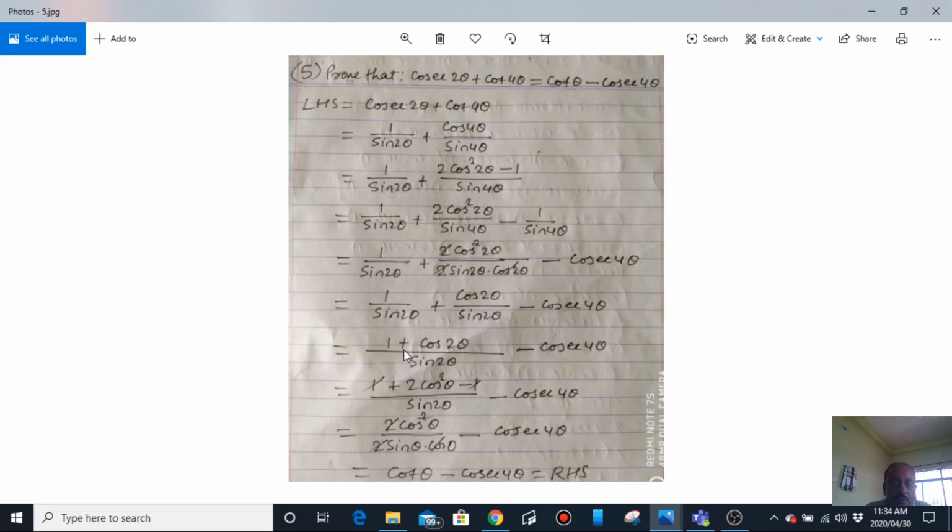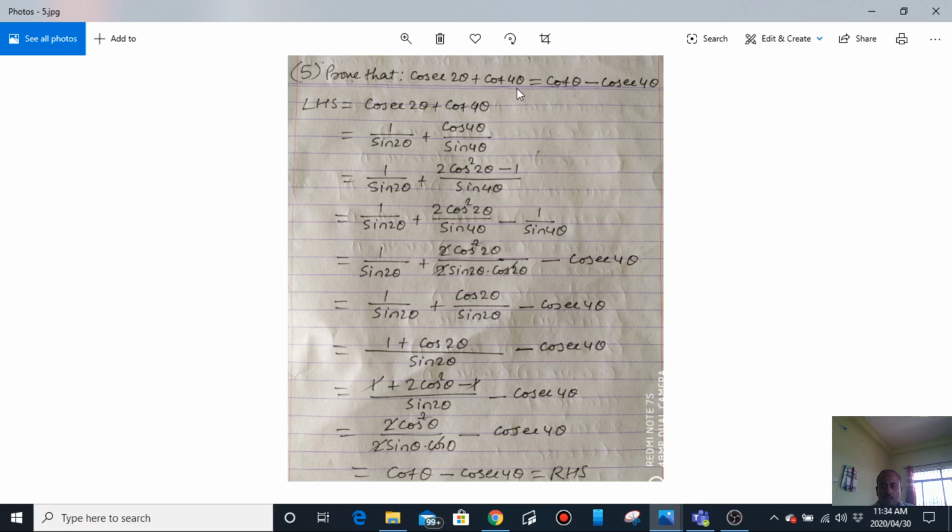Now let's go to the next, number 5. Prove that this. The sums I have solved here are very important regarding examination from now till the SEE exam. So be careful, write in your fair copy, and you also try to solve the homeworks that I am giving at the end.